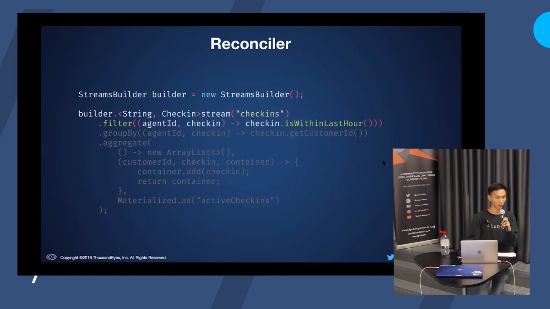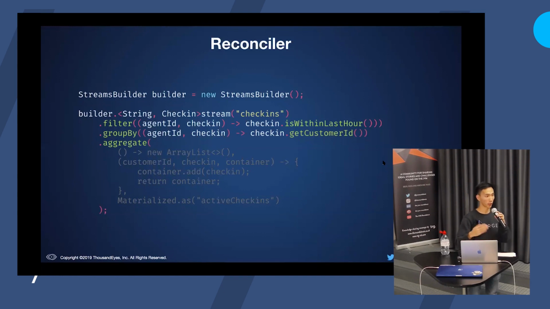We filter based on time, because we only care about check-ins that are effectively active. If an agent hasn't contacted the backend within the last hour, we basically don't care about scheduling tasks on them, because they're probably offline if they haven't contacted us in the last hour. So we filter these out. And again, the filter operator here is very similar to filter operators you've seen in other places, like in the Java stream, or JavaScript arrays. What we want to do next is group them by the customer's account identifier. And so this allows us to process the set of check-ins that are specific for a given customer.